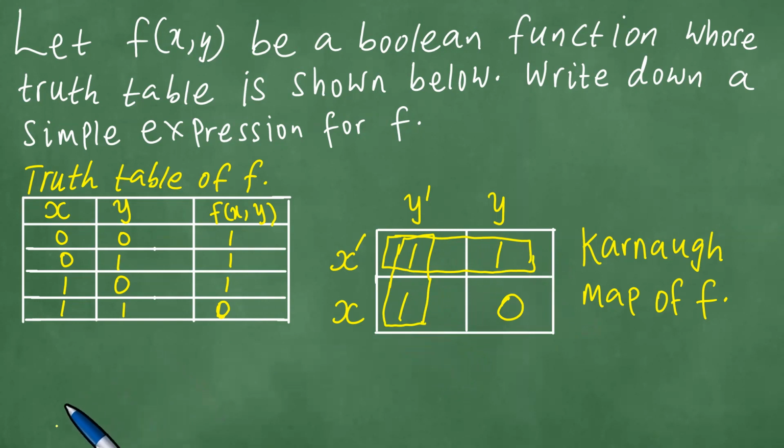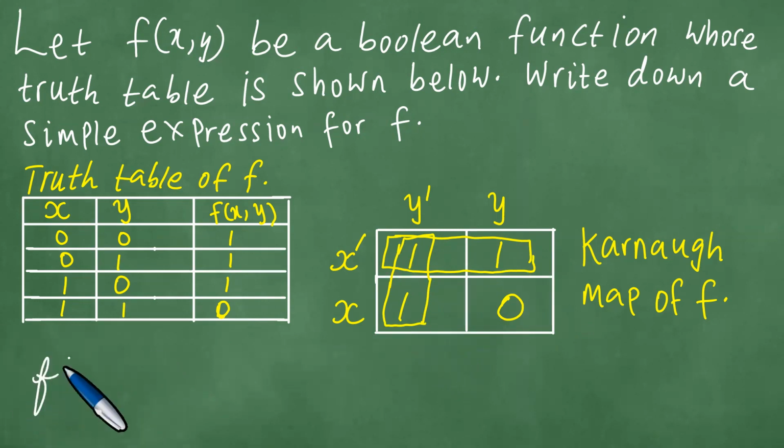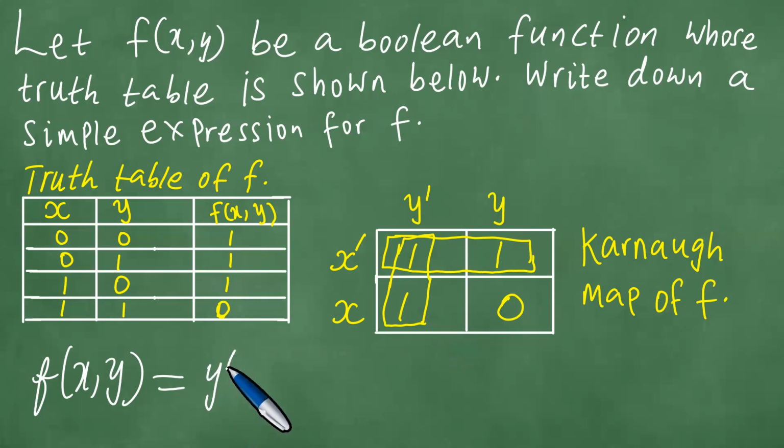So in the end, we're able to see that f of x, y is the same as what? Let's look at the possible simplification here. This one here is the entire y primed, so we can just write y primed there. Or,